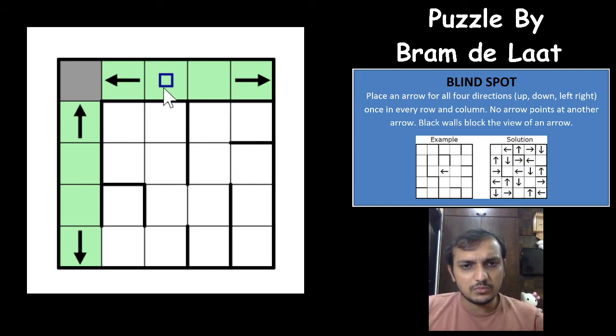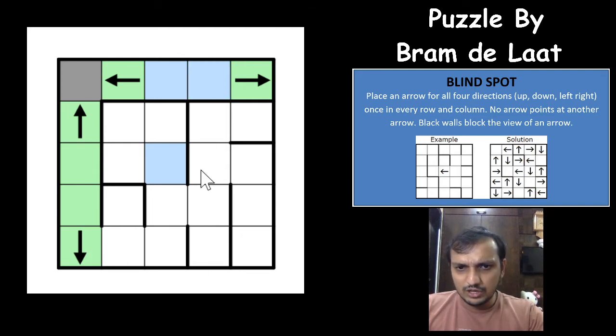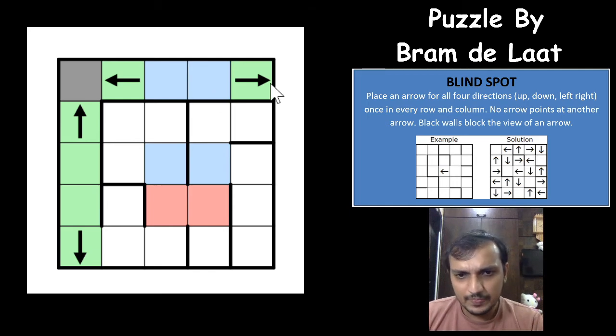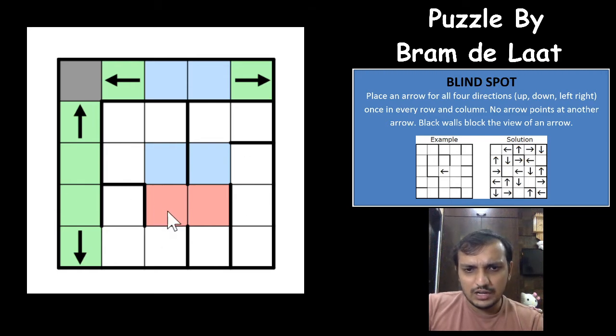So let me mark that with the other color here. The upper arrow can still be here or here, and in this as well, the upper arrow can still be here or here. And for the same 2 columns, the lower arrow can be here or here, and in this column as well, it has to be either here or here. That's nice. And which means that in this column, the lower arrow will have to be in either one of these 2 cells and in these 2 cells, right? And none of these cells can have the lower arrow.